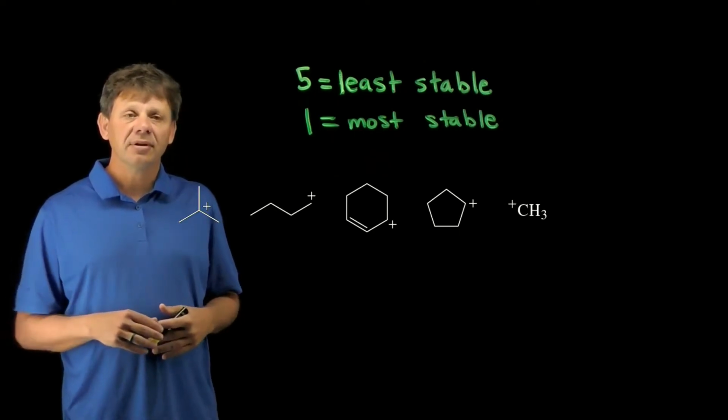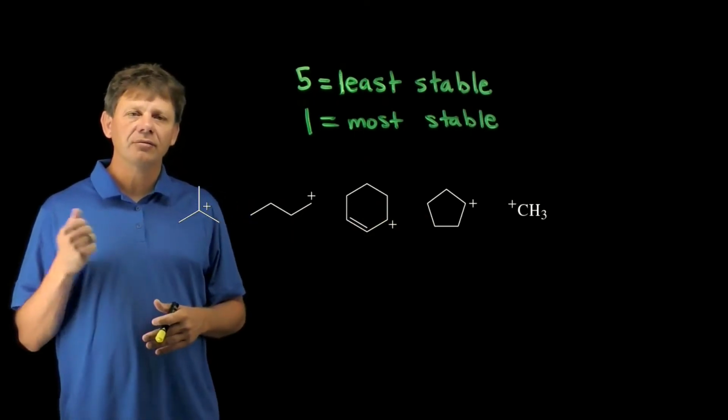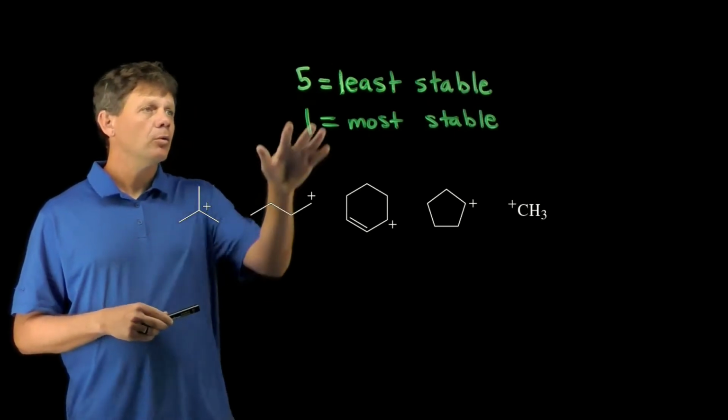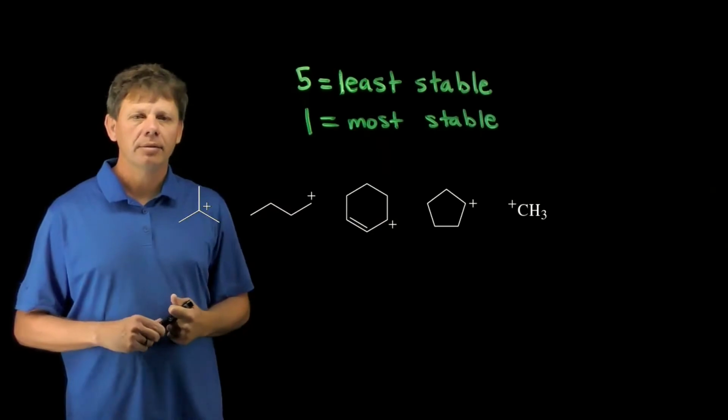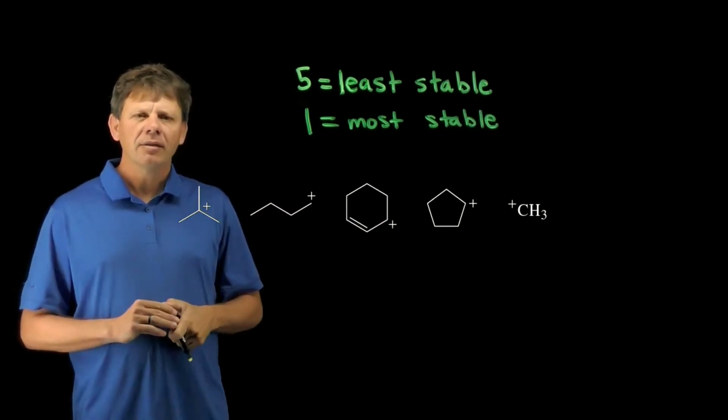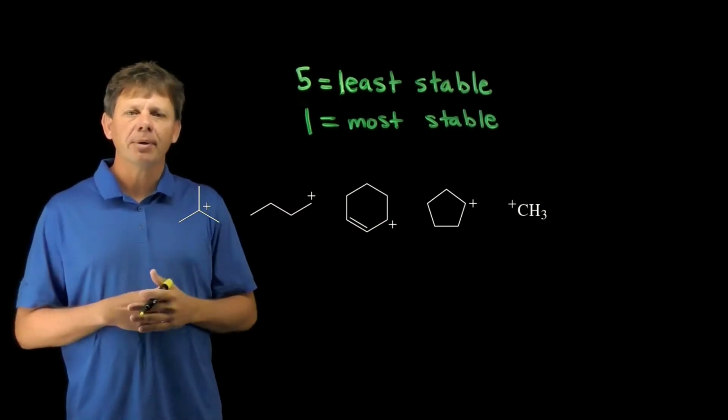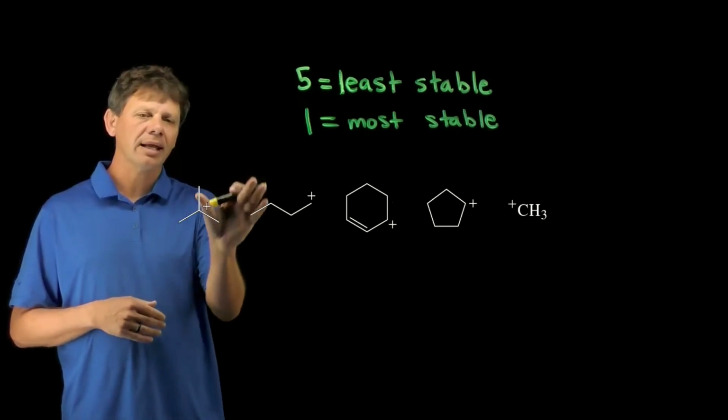This assessment asks us to order the following carbocations from least stable to most stable. We'll say that 5 represents the least stable carbocation and 1 the most stable carbocation. The first thing we're going to do with this is look at how hyperconjugation stabilizes the carbocations, and for that